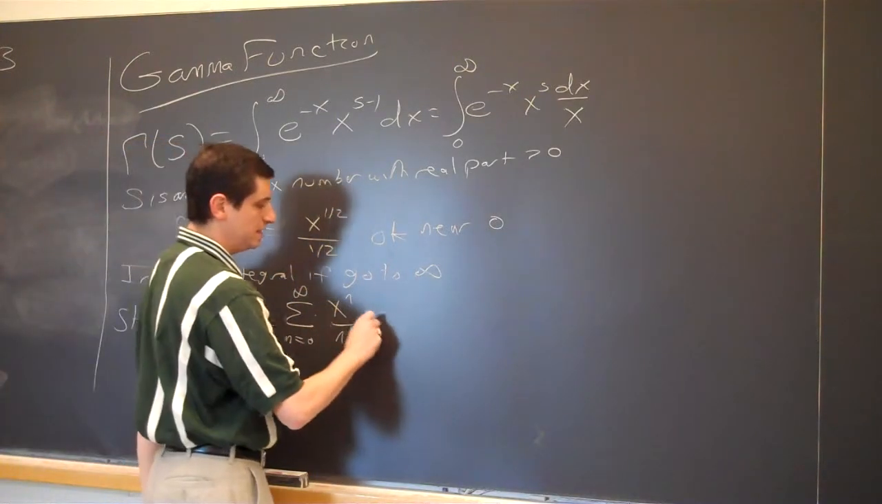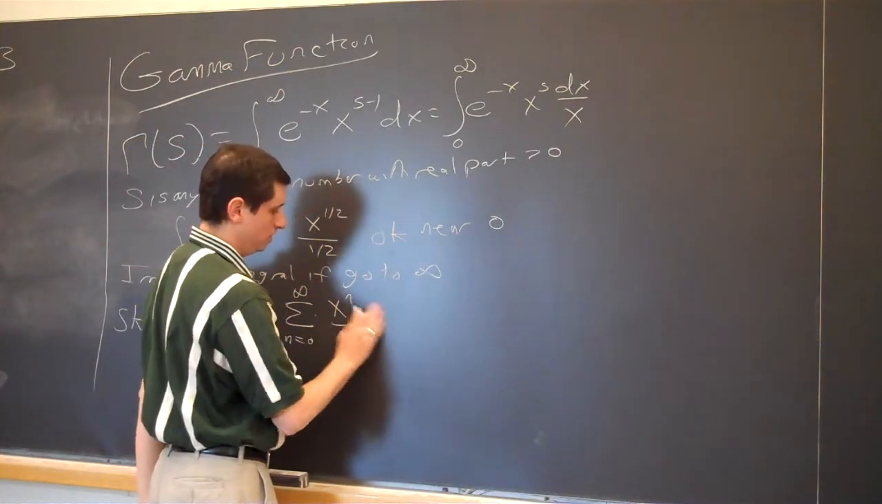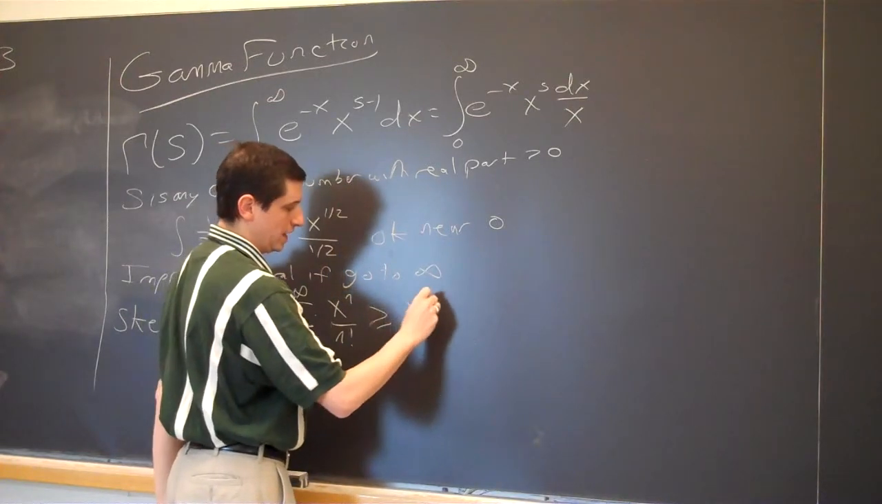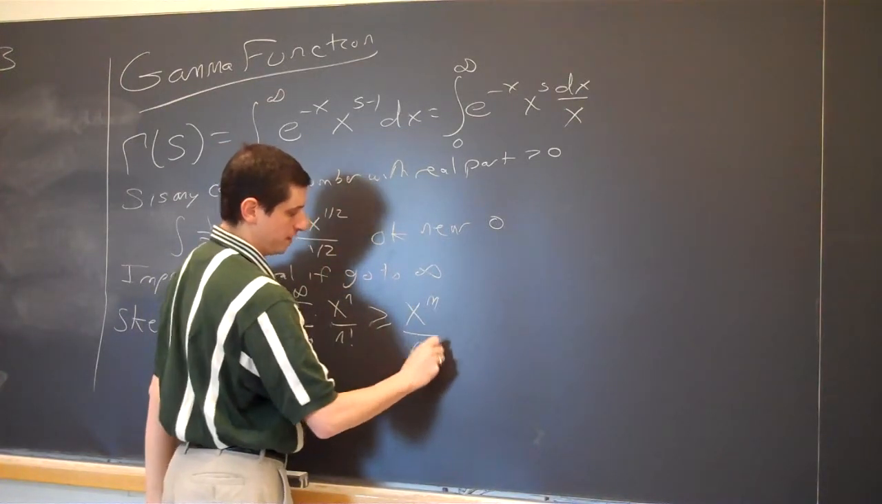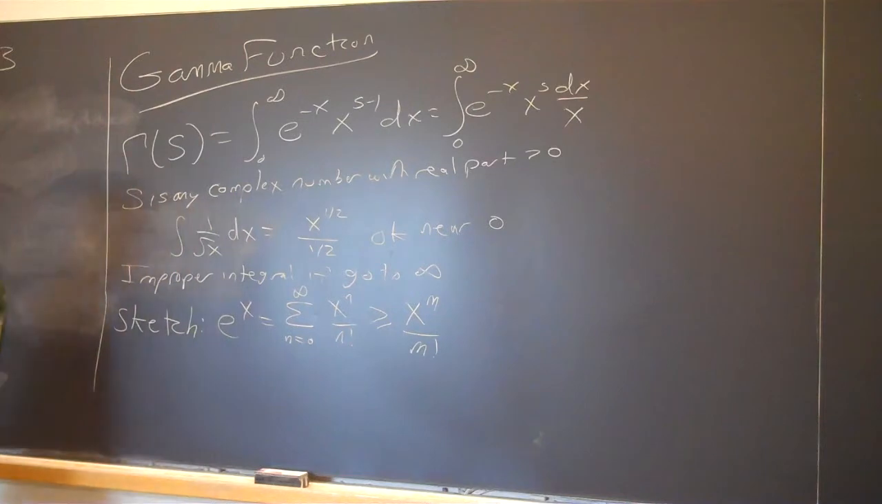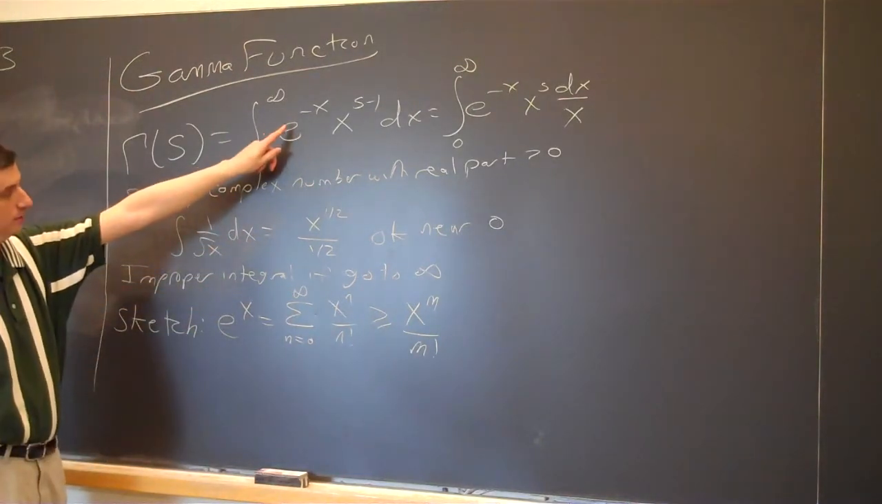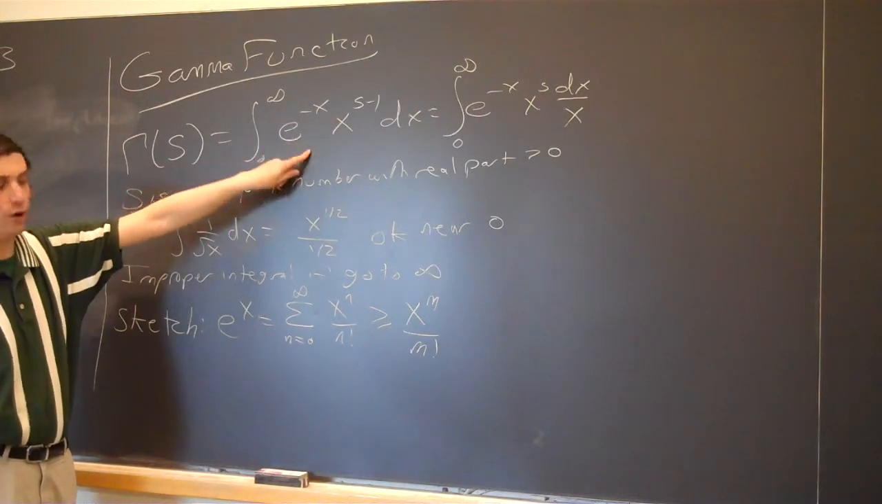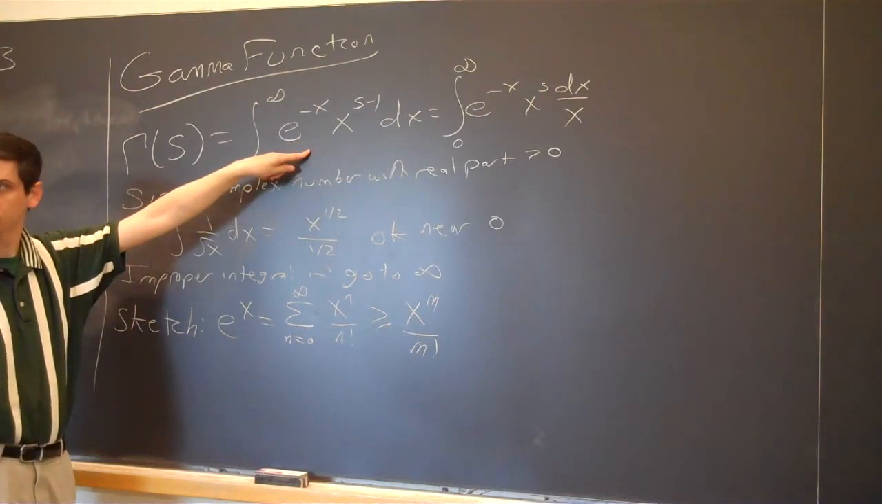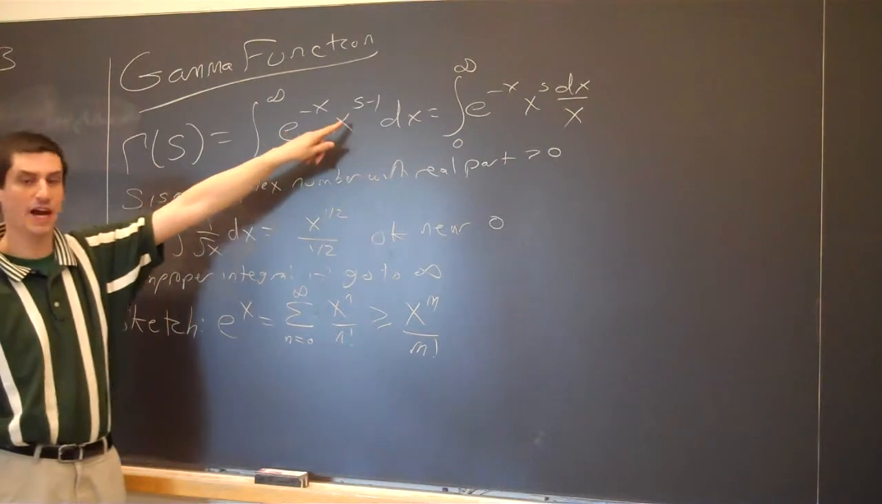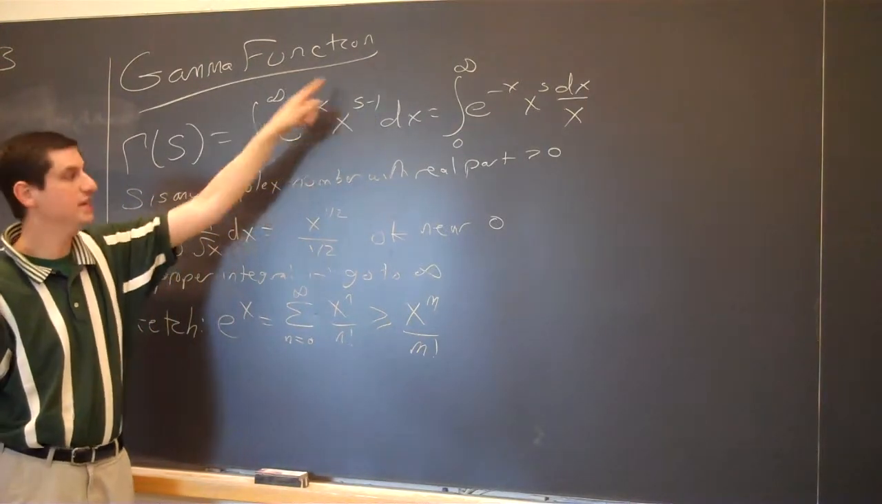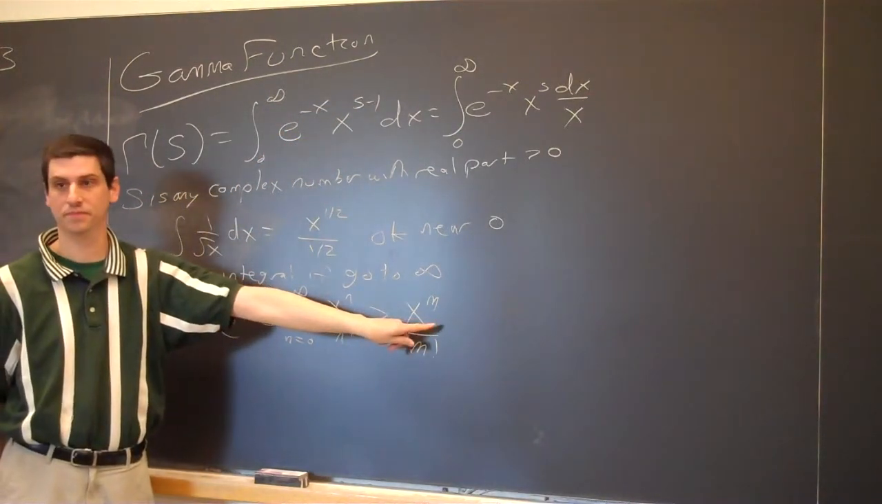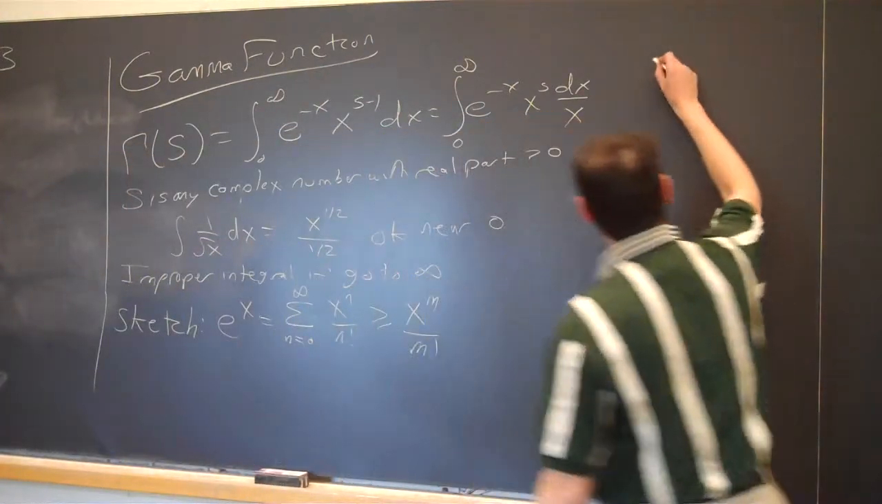So this would be less than or equal to, greater than or equal to x to the m over m factorial for any m. If I look at what's going on here, e to the minus x is 1 over e to the x. When x is really large, I can view this as x to the s minus 1 divided by x to the m. So for large x,